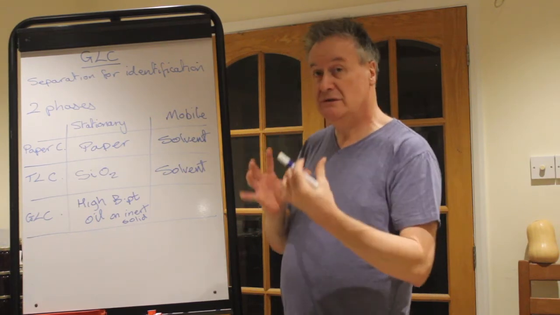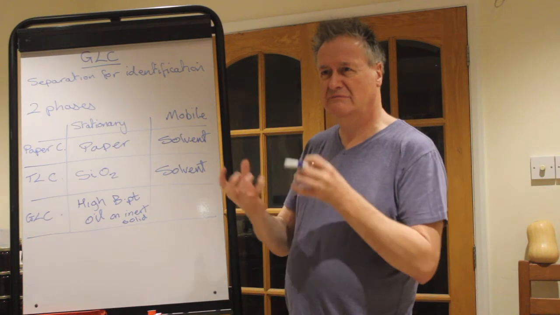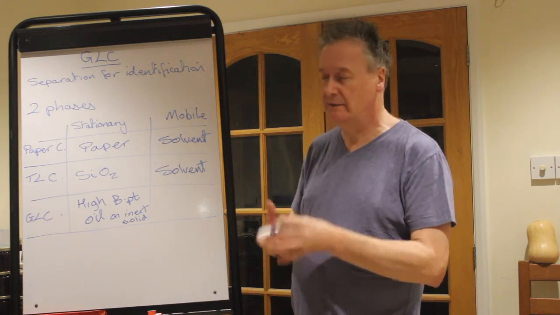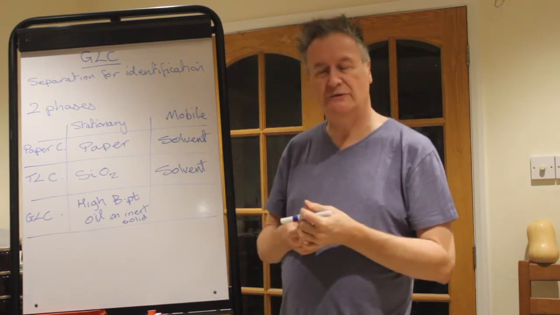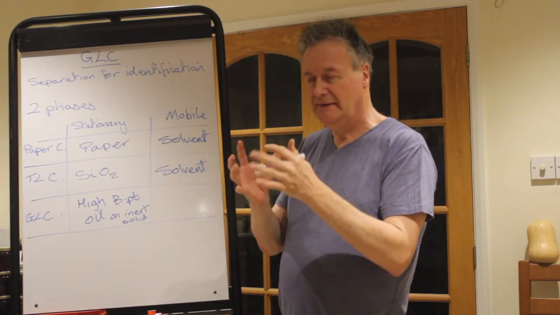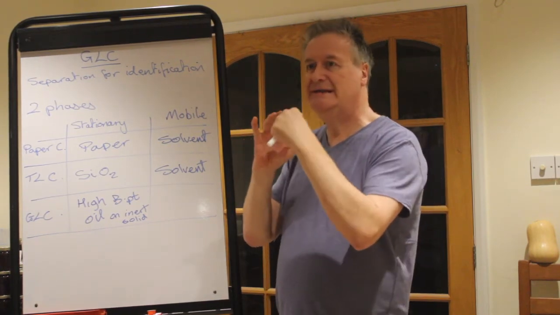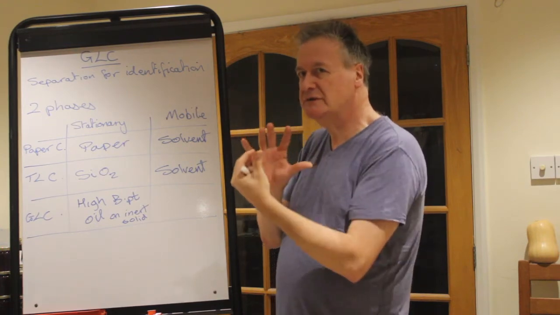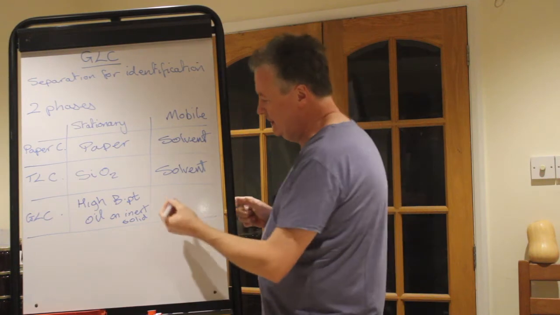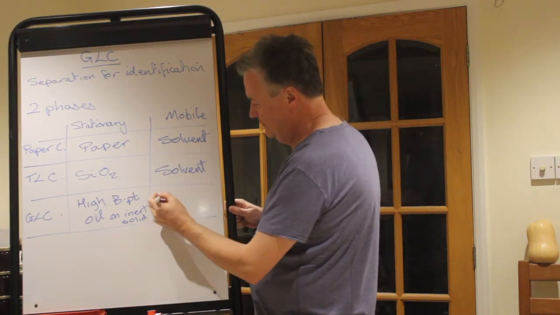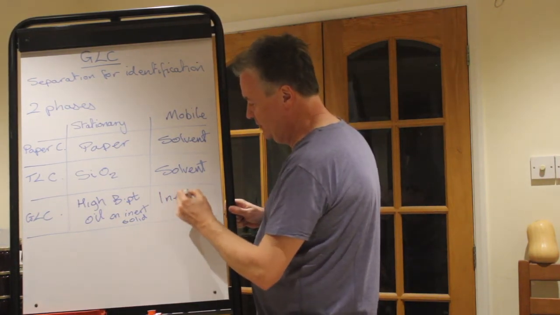And it just means that instead of packing it full of liquid, which would make it hard to get the material through, you just have a very thin amount of liquid over the surface of it. It's probably like little tiny balls is a way to think of it. And then you have a mobile phase, it's the word inert again,